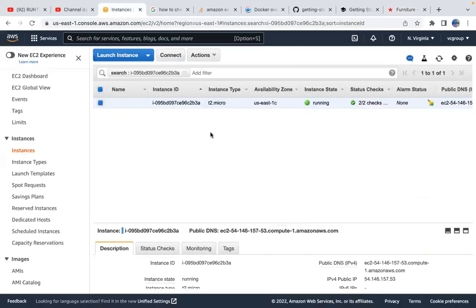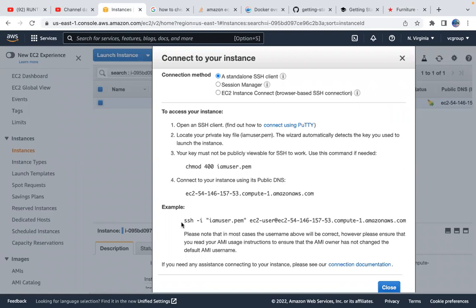So what we will do is, I have an EC2 instance up and running. We can go ahead and install Docker on this EC2 instance and run our sample Docker application. Let's go ahead and run this.